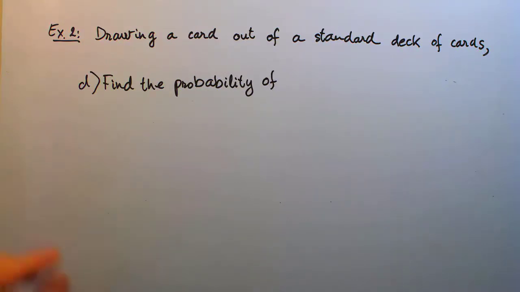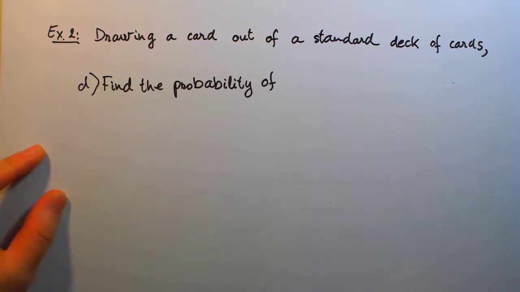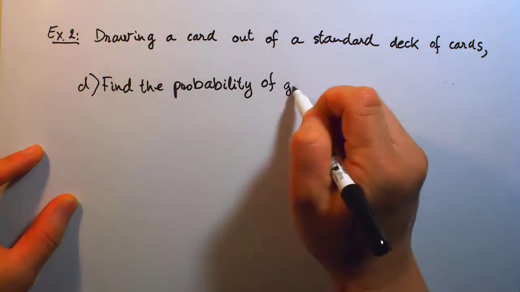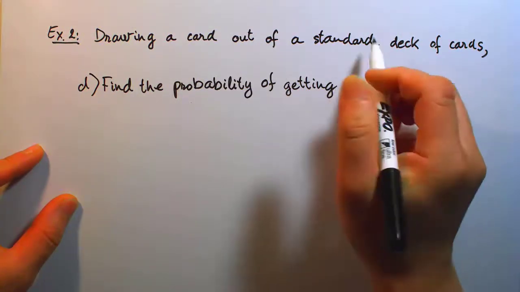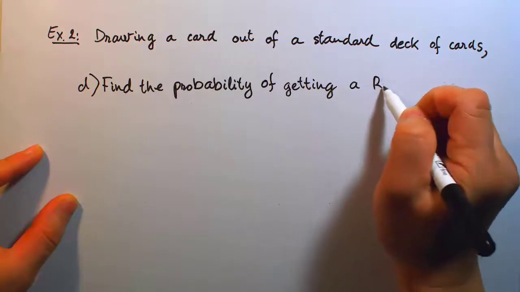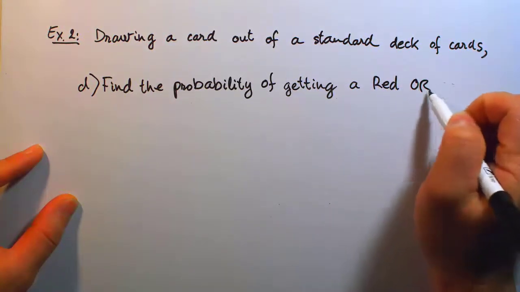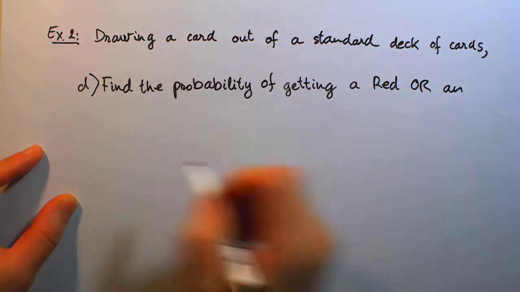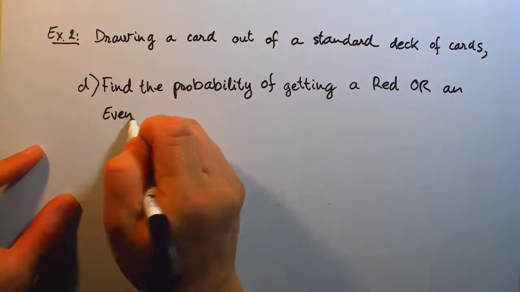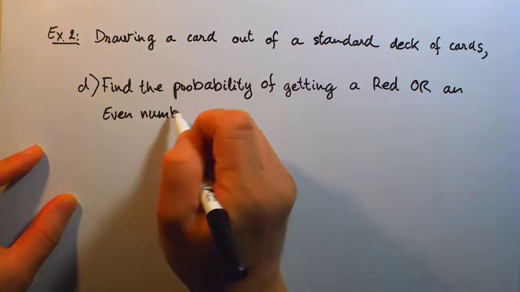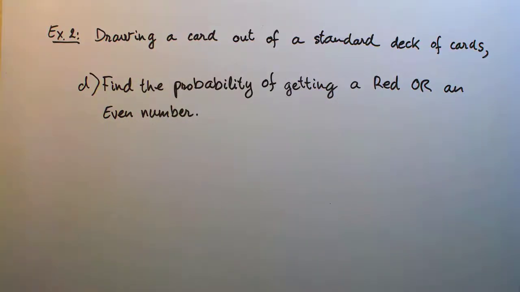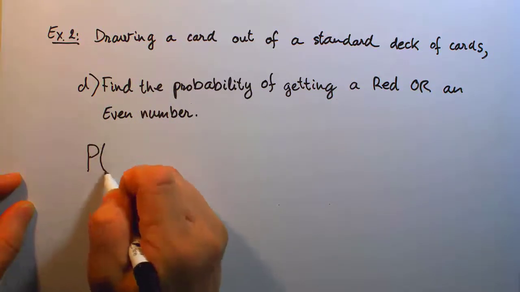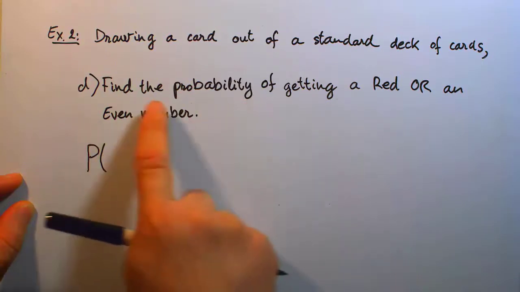Okay, so question D now of the same example. A different question is being brought up here. Let's say find the probability of getting a red or an even number. Alright, so simple enough, you can see we have that same starting phrase here, find the probability of